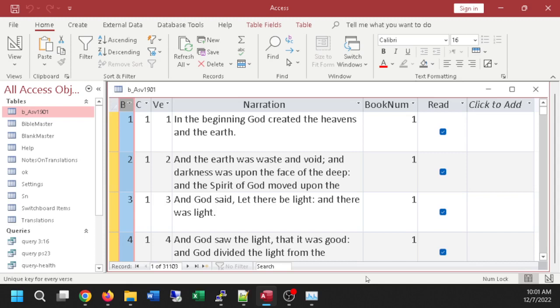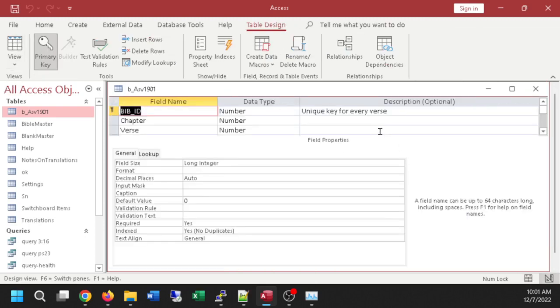You could add the genre of literature, like whether it's prophecy or poetry or something. Yeah, you could add that, and let's go do that. Her suggestion was that we add the genre of Scripture that this would fit. Now this brings up a really good point. Let's go ahead and look at design view. We'll do it the simple way, the way they did in the book. Let's add genre,